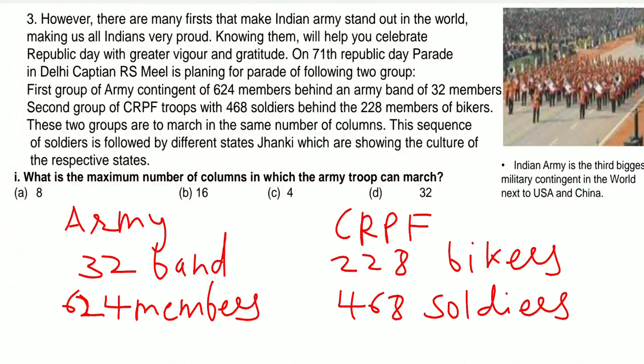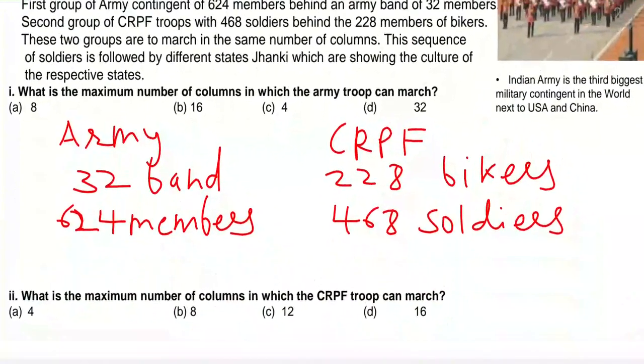These two groups are to march in the same number of columns. This sequence of soldiers is followed by different state tableaux, which show the culture of the respective states. Now, on this information, they have asked us some questions. Let us see the first one. What is the maximum number of columns in which the army troops can march? They are just talking about the army troops here. In the army, 32 members are there in the band and 624 members in the contingent. As they have asked for the maximum number of columns,